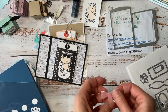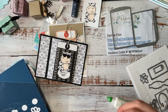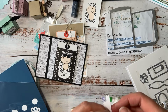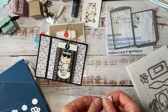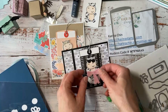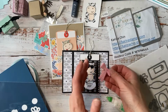There, see, isn't that cute? Oh, I like it better wrapped, I think. Let's see. Can we wrap it around a little more? Okay, there we go. Nope, I don't like that. I like it this way. Okay, there we go. So we could put a bow on our hippo too, or we could just have a